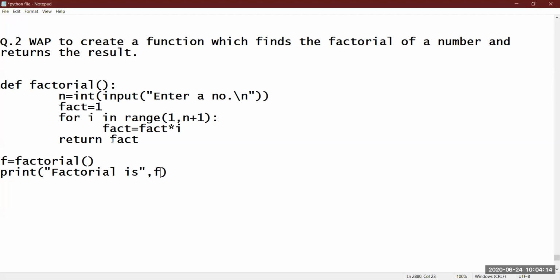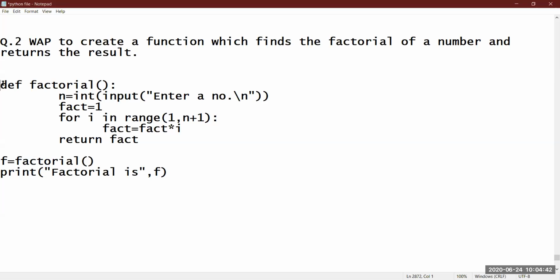Always remember, if you are returning the result, of course the result will be returned over here only. So since you have returned the result, you should store it. Otherwise, how will you manipulate it or how will you print it? Without storage, you cannot directly print. Then you have to call the function within the print, that I will also discuss. So always remember, when you are returning, you should store it in some variable name equals function calling, and then it will be returned.